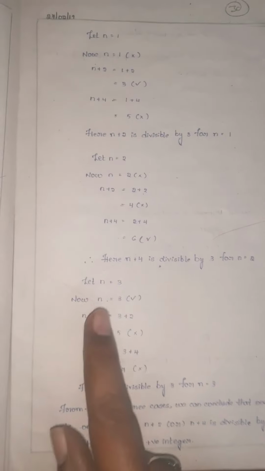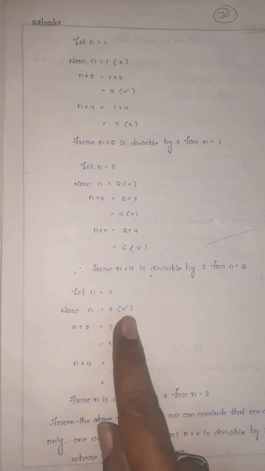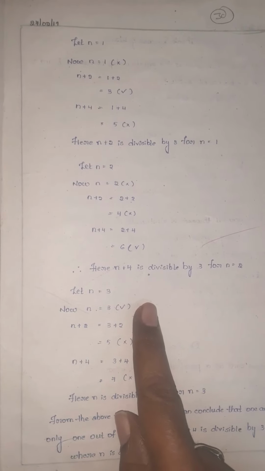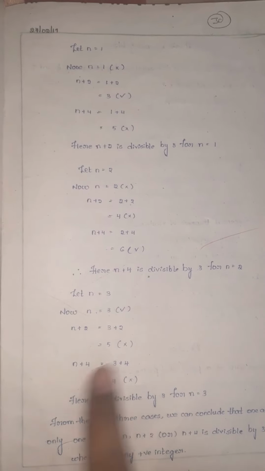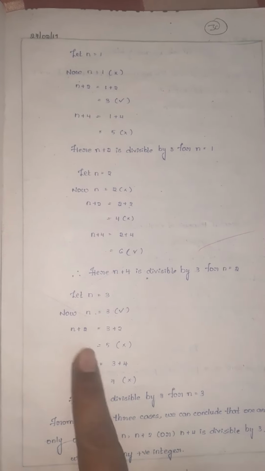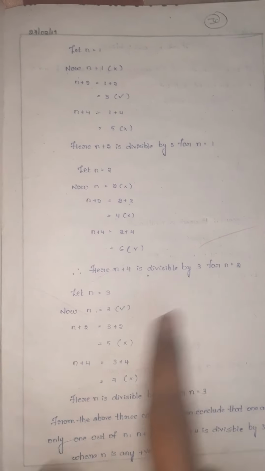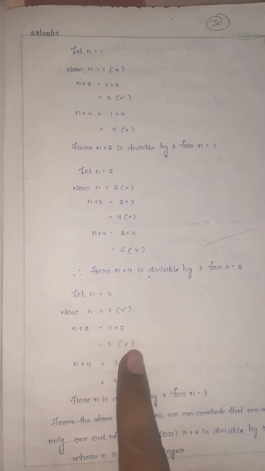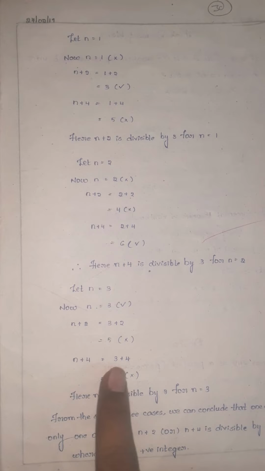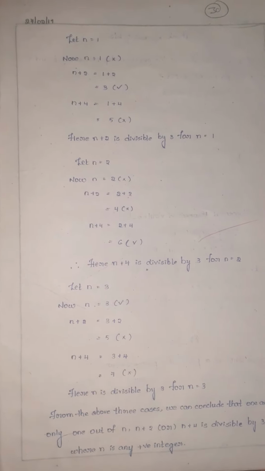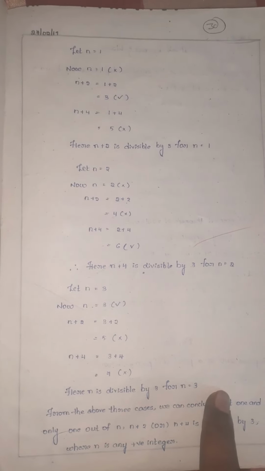Next condition we have to take, let us assume n is equal to 3. So now if you are taking n is equal to 3, in 3 table 3 will come. So first condition is satisfied. We should not leave the remaining two conditions like that only. We should check that also. So n plus 2 how much? 3 plus 2, n value we are taking 3. So 3 plus 2 how much? 5. So 5 is not divisible by 3. n plus 4 next one. 3 plus 4 how much? 7. So 7 also does not go in 3 table. So here n is divisible by 3 for n is equal to 3.